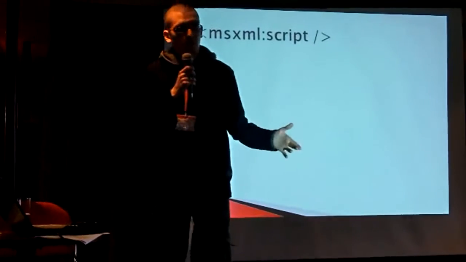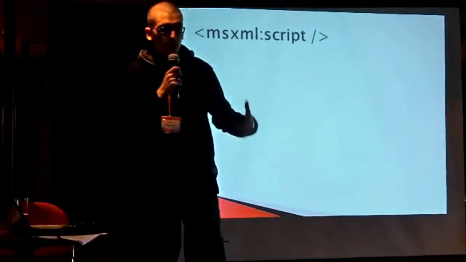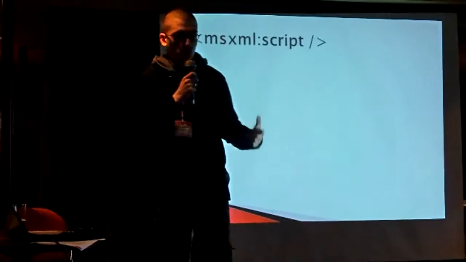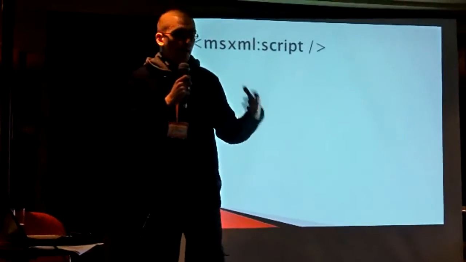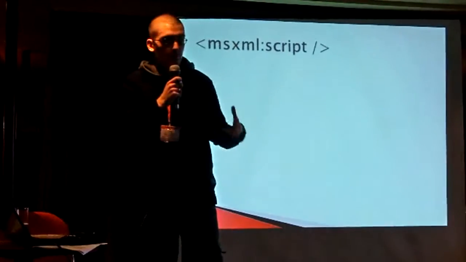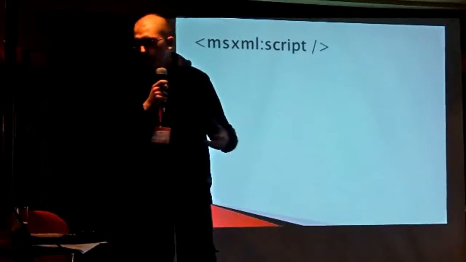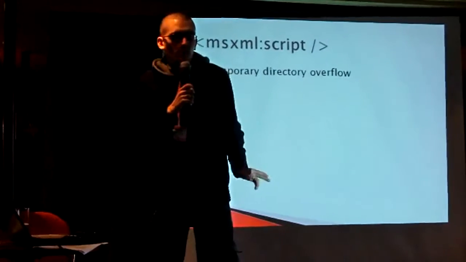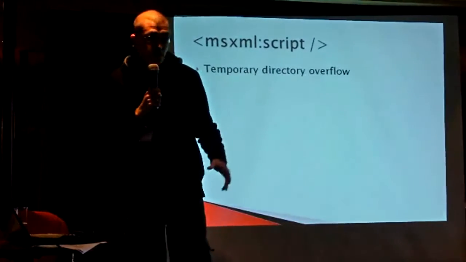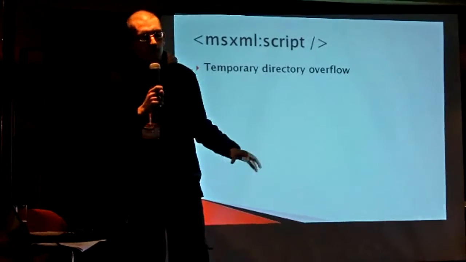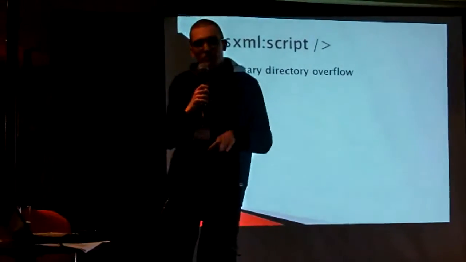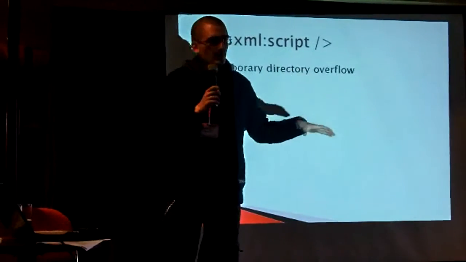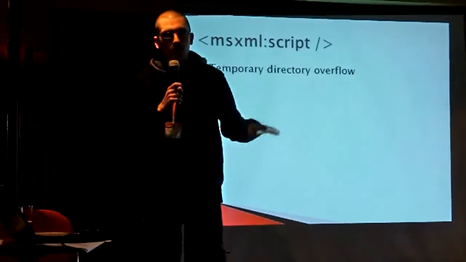Now for those of you that don't know, script blocks, in the XSLT macros that you can create to extend Umbraco to get data out of the system, you can write script, whether that's JScript or C# or .NET, and it acts as little helpers to be able to retrieve and manipulate the data that you're working with in your XSLT. Now, the problem with using script blocks is that every single time an XSLT file is requested, it compiles not into the normal area where the rest of your website compiles, which you developers will know of as the temporary ASP.NET folder. It actually compiles into your system's temp directory on every single request.